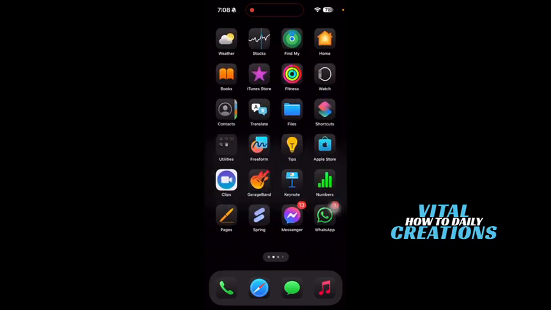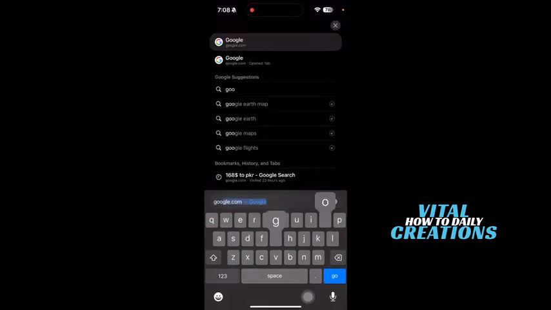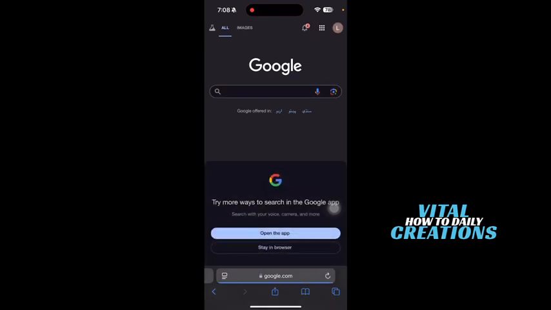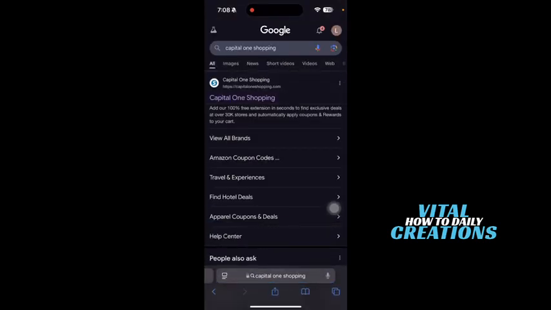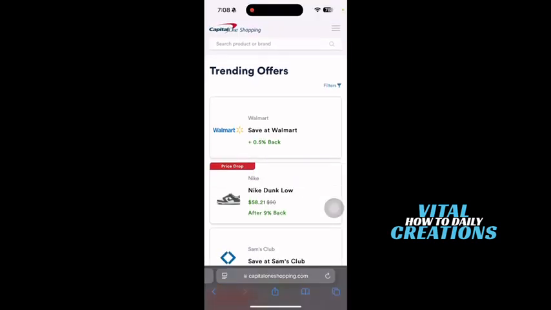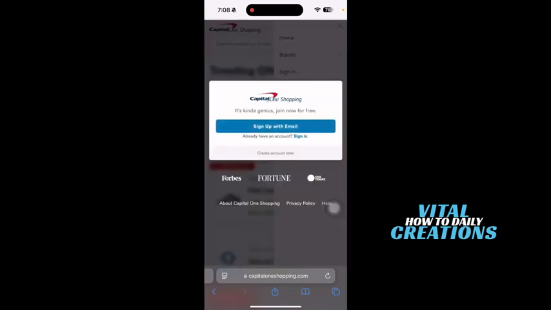So first of all guys, you just have to go to google.com and here just search for Capital One Shopping on Google, and once you are on their website, you just gonna have to log in into your account, just sign up with an account on Capital One Shopping,